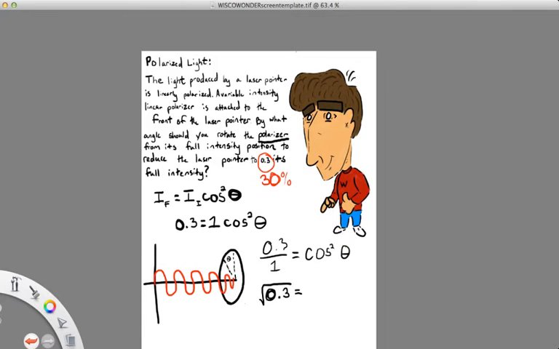So we have the square root of 0.3 equals cosine theta, and then we're just going to do arc cosine of the square root of 0.3 is equal to theta, and